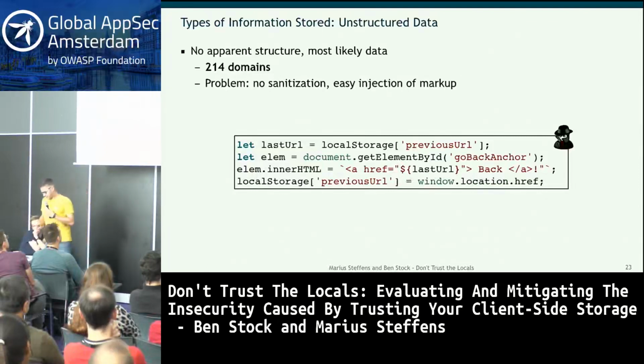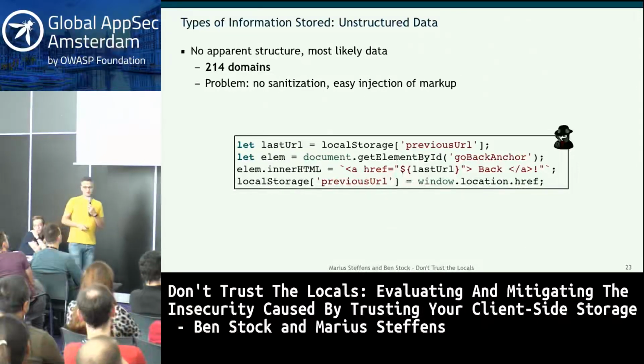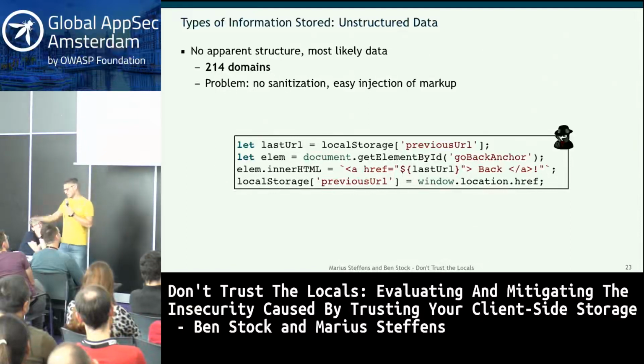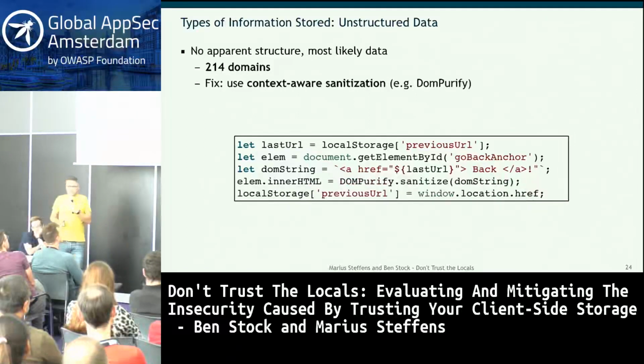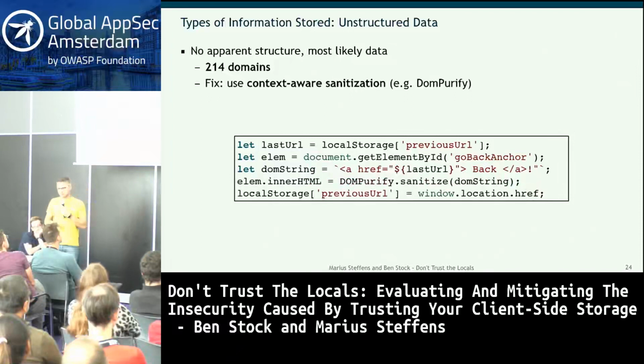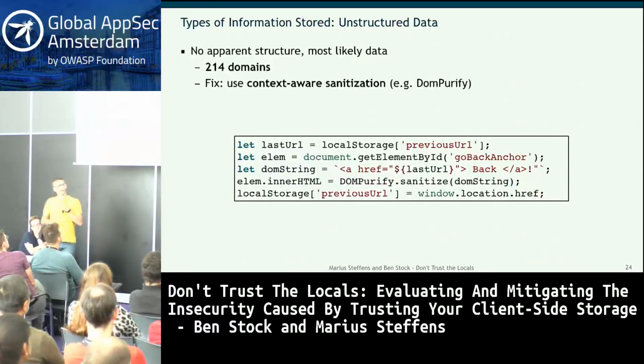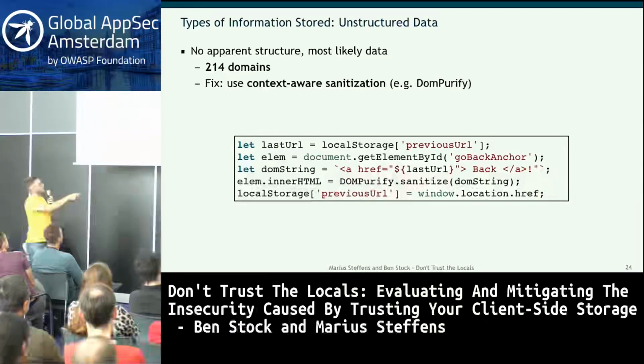And as you might know, this is the most common case that you see also for XSS, where you have a username and somebody injects HTML, or you're using this username in JavaScript and somebody breaks out of the JavaScript. And therefore there are existing solutions, and one of them is DOM Purify. So what you would like to do here is have some context-aware sanitization, and in this case, you would like to have an href that is a URL and an HTTPS URL, right?